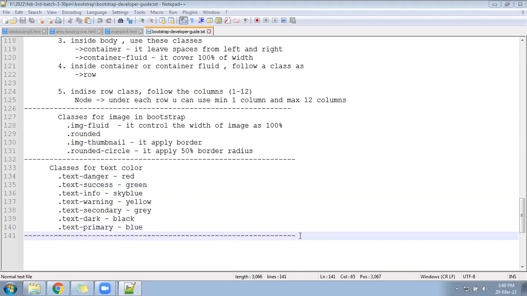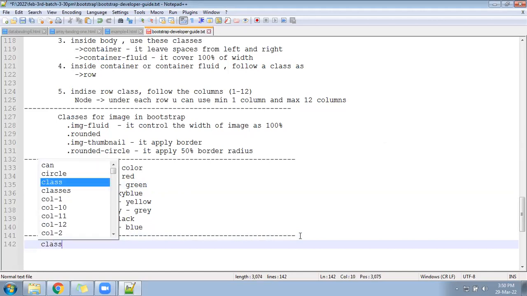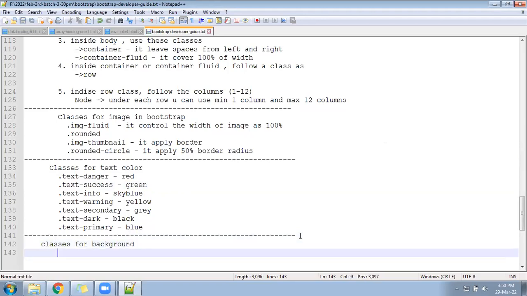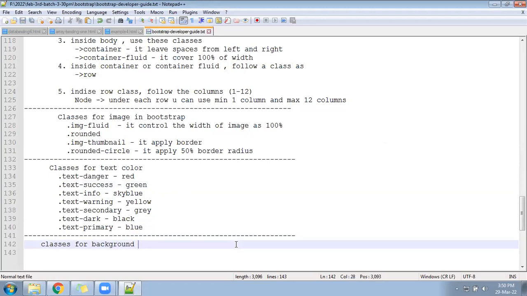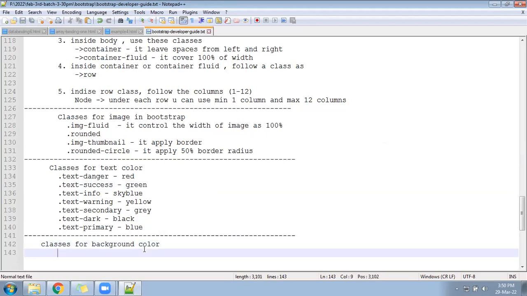Now add below the classes for background color.